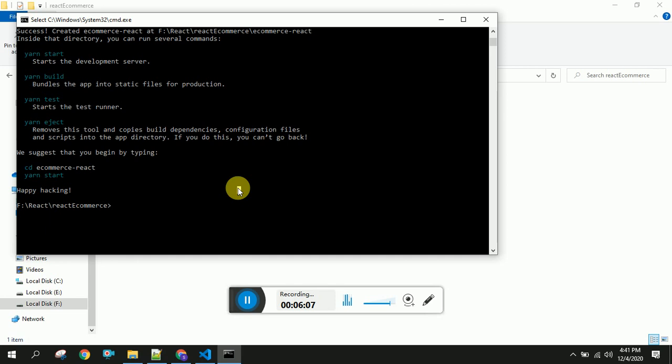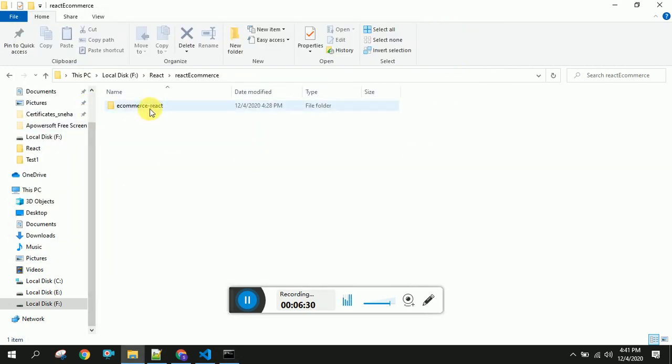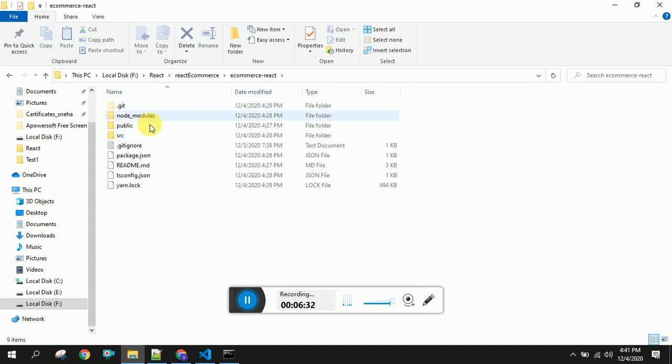So if you see here, our project got successfully created. And if you see the yarn here, if you want to use yarn in your project, then you have to install some npm package for yarn, but in our e-commerce project I am not going to use yarn. Coming to this folder, you can see the project folder got created.